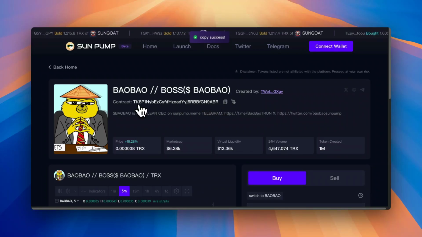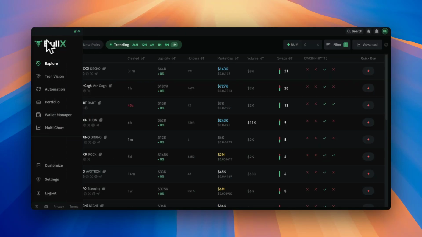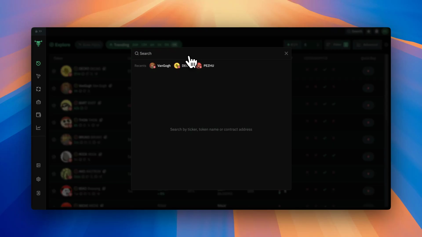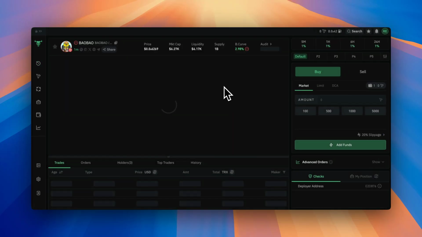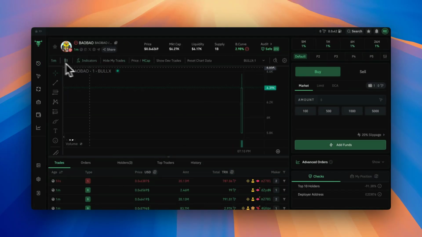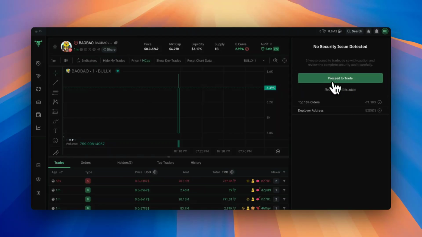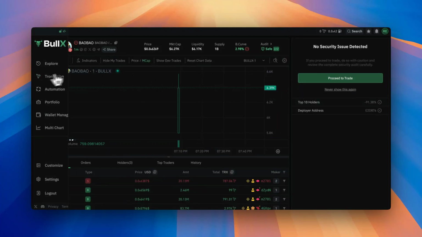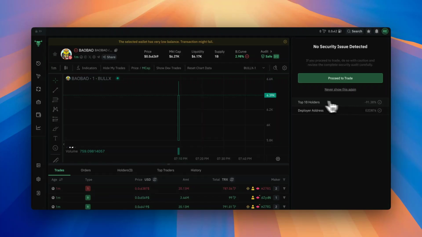But again, let's just look at this side by side as to why you don't really need to be on Sun Pump itself unless you want to look at it. But you can see all that information at one glance very quickly here. So you can see bonding curve is only 2.98%. You can quickly audit the coins to see, this is probably a bad example, what percentage of the coin the top 10 holders own, the current market cap, the social links if there are any, and they have this little symbol that indicates where this token was minted from.